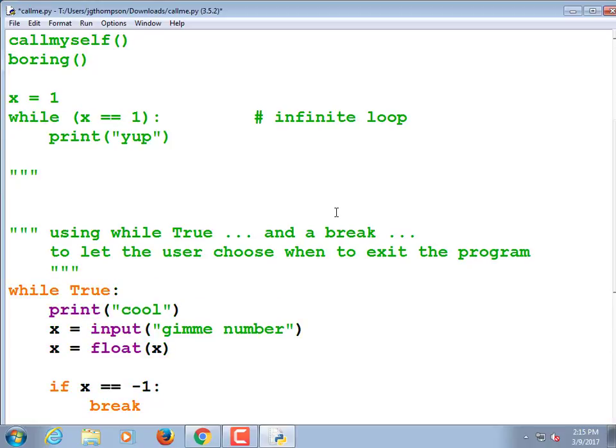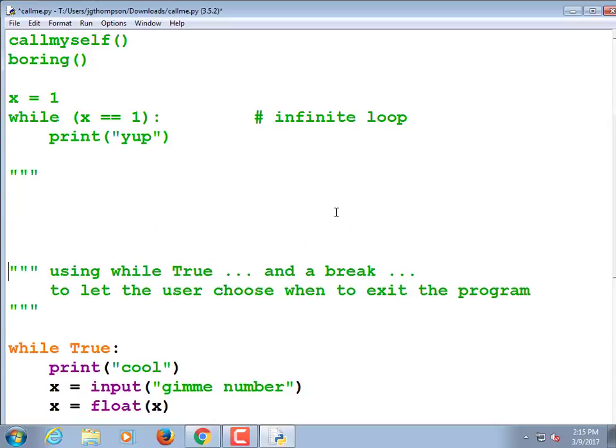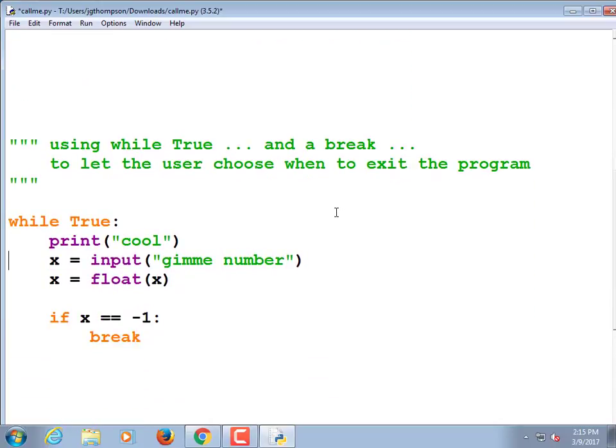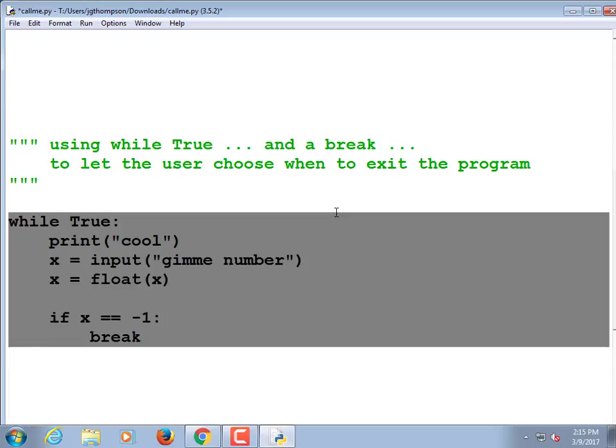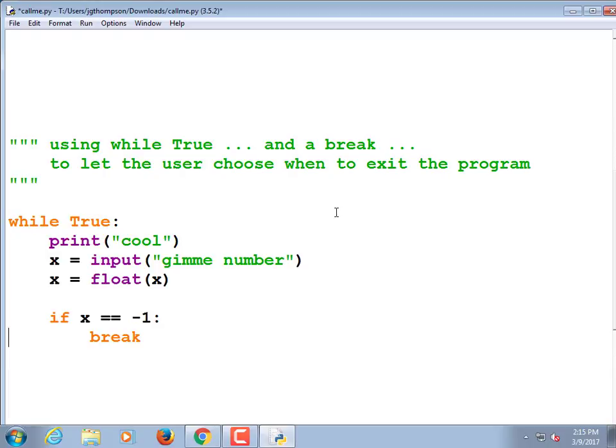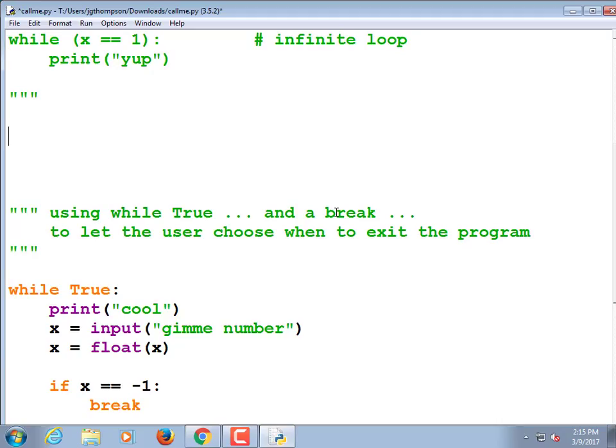Do you have to do that? No, you could do what we've been doing before, right? We've been setting a variable repeat equal to y, and then while repeat equals y, keep looping. They both have the same idea. I think there are times when this might be a better way of thinking about it, mostly because it doesn't involve creating a variable beforehand and then doing while based on that variable. Saves one step.